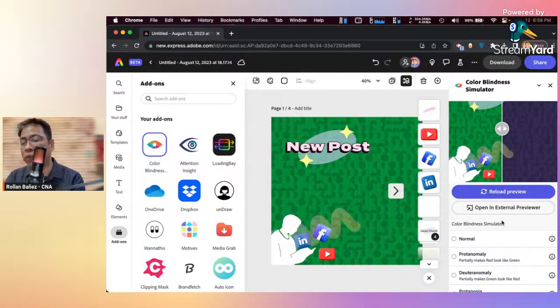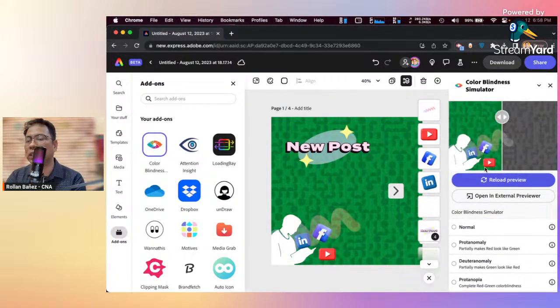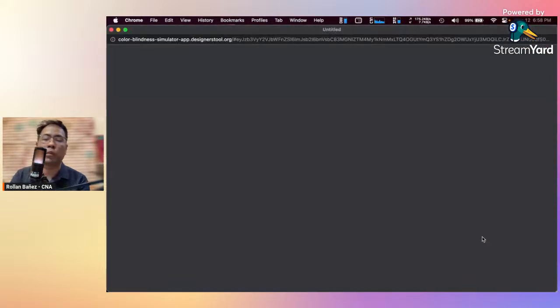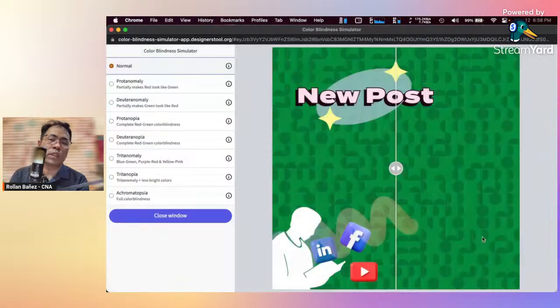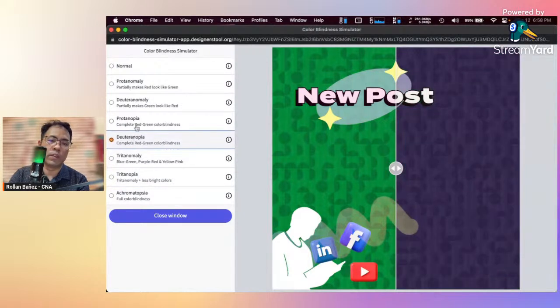But if you have full color blindness, you can easily check on achromatopsia, if I said that correctly. Okay, full color blindness, you would see that there is no color left here. And if you want, let's click on Open in External Previewer, so you can take advantage of all of this. For example, this one, this one, this one, this one.